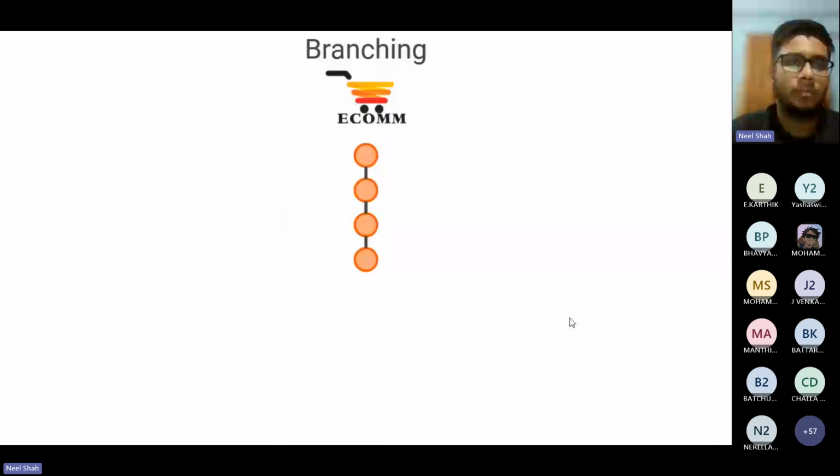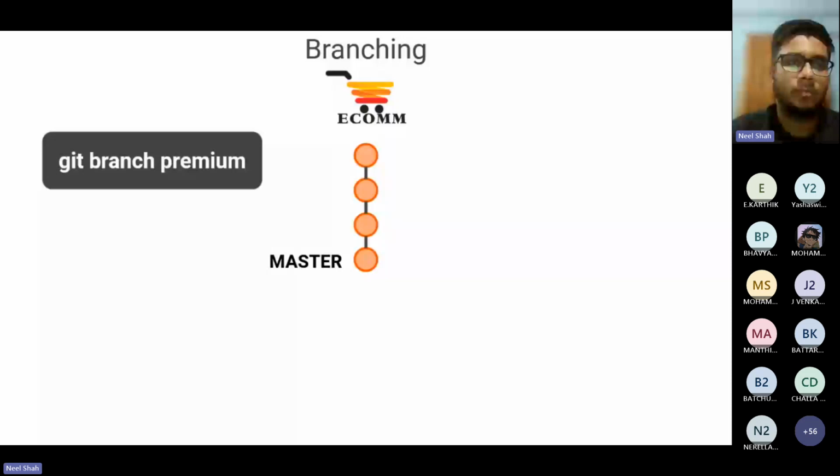So when we do branching, both things are on the same platform, on the same platter. How will you do it? These are the four basic features that were there previously. These are from the master branch. Whenever we go for GitHub, the master is the main branch. In layman's language, I can say it is the CPU of the computer. In a similar way, the master is the main branch of GitHub.